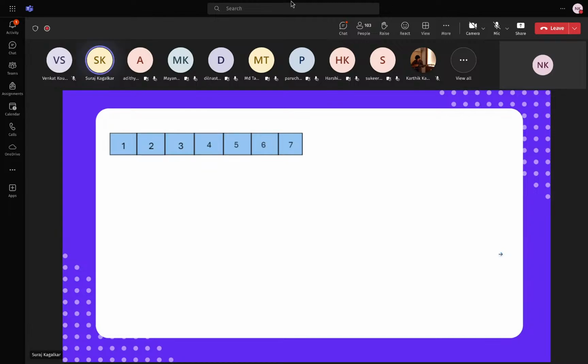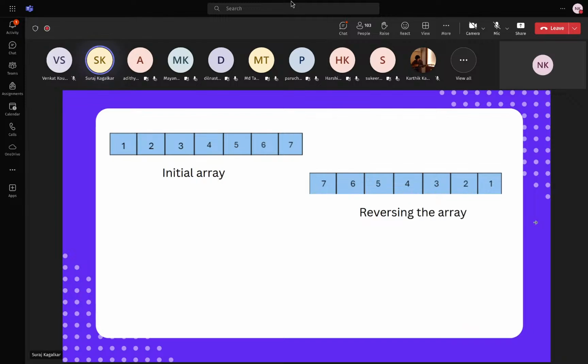Let's say this is our initial array, the same plain old 1, 2, 3, 4, 5, 6, 7, nothing new. So this is the initial array. Now we are just reversing it. You can just reverse it using swapping, right? Reversing the array. Then as k is 3, we take the third element, k equals 3,